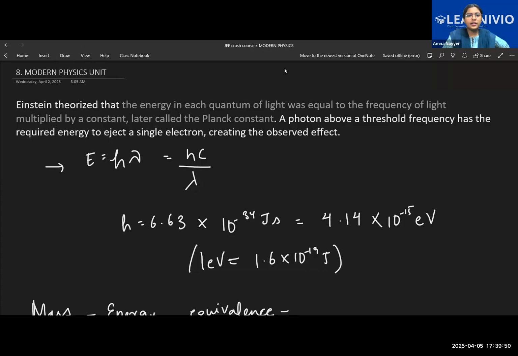So see, let's start with this. I have given you the notes. For the modern physics part, I'm discussing few things which I found very important and they were not written well in those notes. Atomic structure and nuclear physics are exactly as it is in the notes, which are equivalent to your JEE exam.